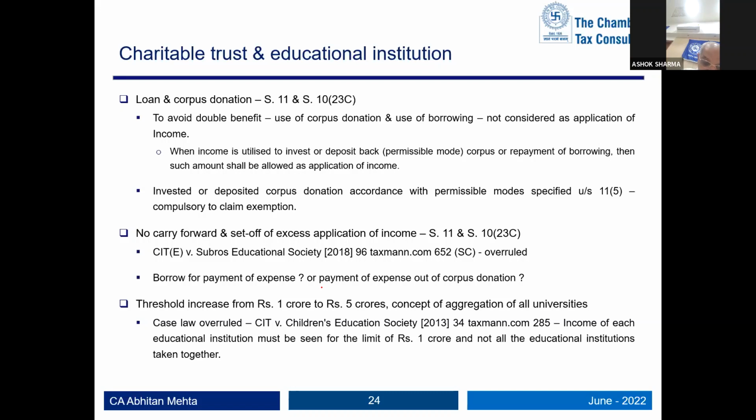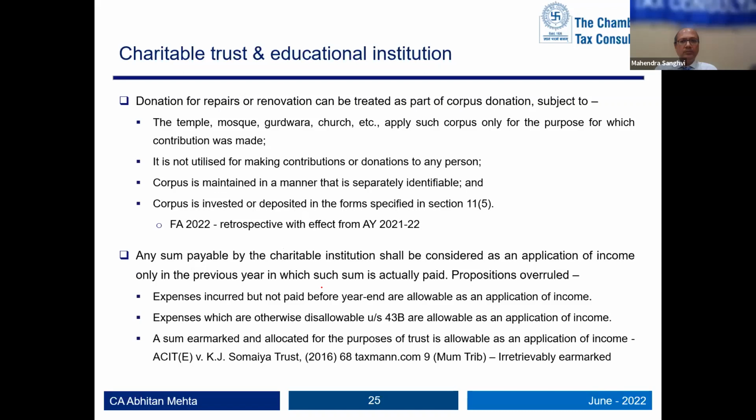Next is a very small one, the threshold for universities. Earlier it was for each university and not for one legal person. So one society may have 5 universities, and the threshold was for each university. Now they have given a threshold for a person being assessed under income tax and said that 5 crore is the threshold, but you consider all the education institutions which you have and not independently.